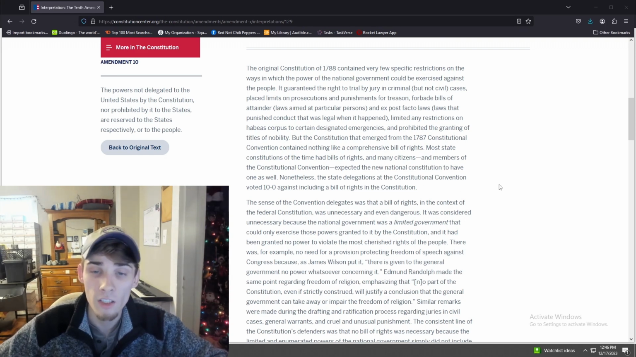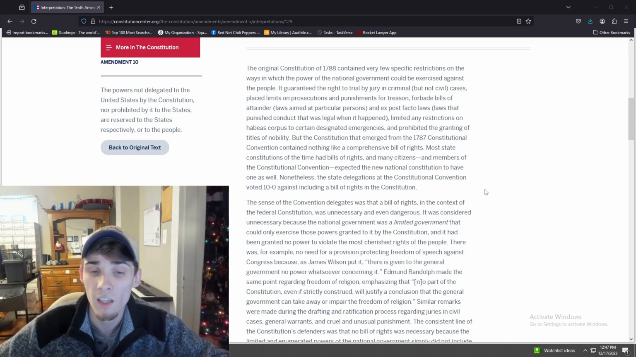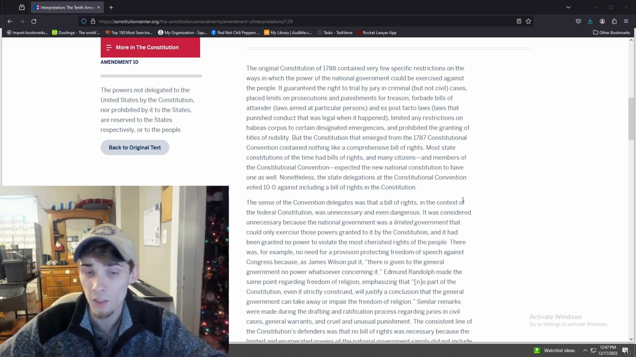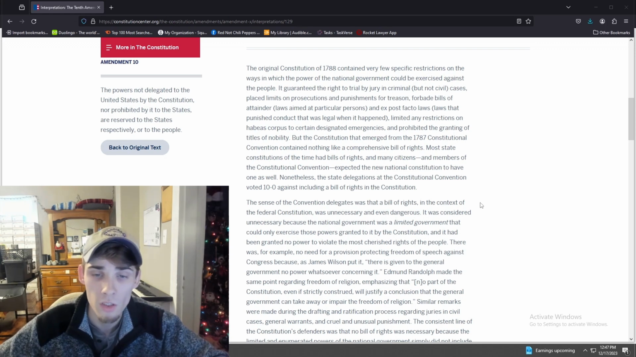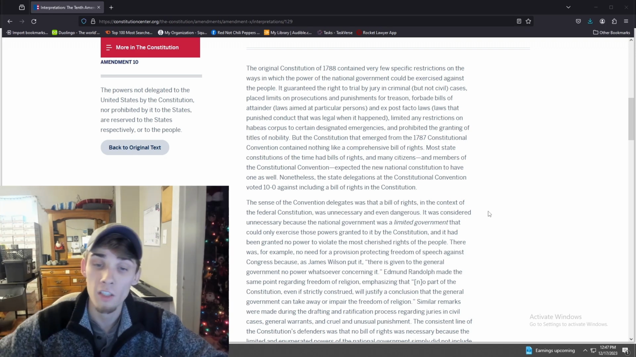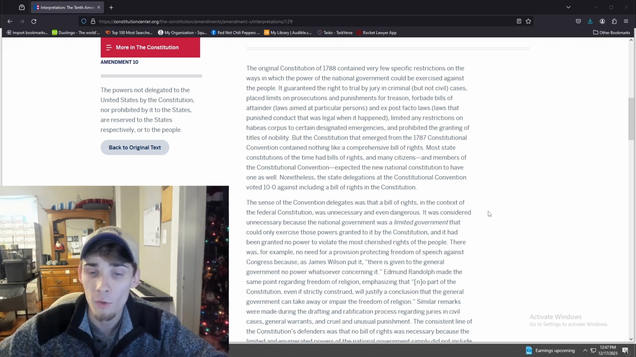Nonetheless, state delegations at the Constitutional Convention voted 10-0 against including a Bill of Rights in the Constitution. The sense of the convention delegates was that a Bill of Rights in the context of the federal Constitution was unnecessary and even dangerous. It was considered unnecessary because the national government was a limited government that could only exercise those powers granted to it by the Constitution, and it had been granted no power to violate the most cherished